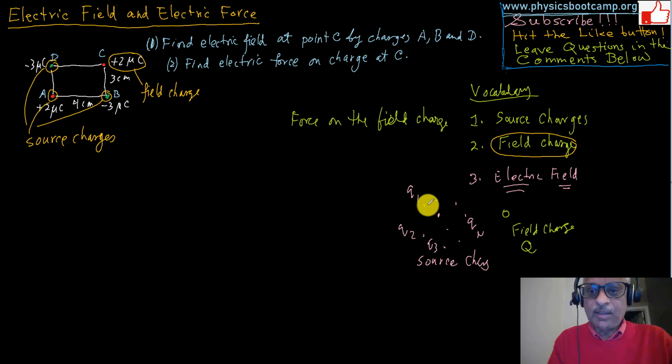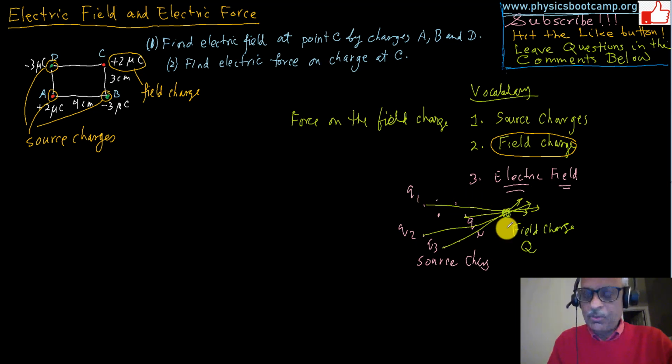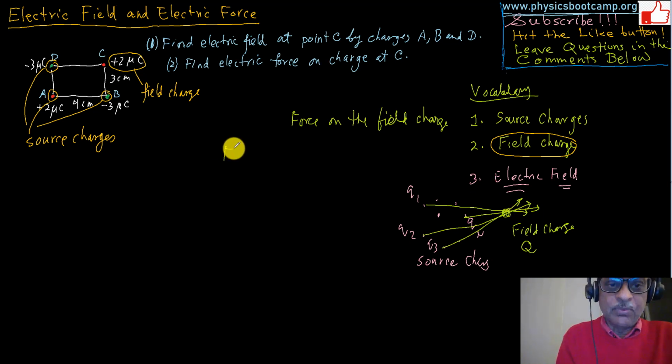If you write down from Q1, there will be force in that direction. From Q2, there will be force in that direction. Q3, the force will be in that direction. These are positive, so this will be the direction. If it's negative, they just flip the direction. But we know the formulas for each one of these forces. So it will be, for the force on the field charge,